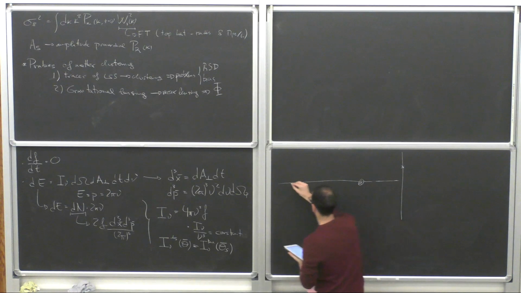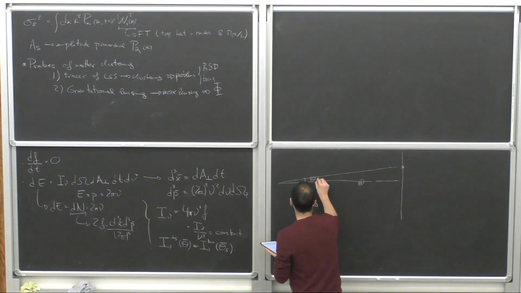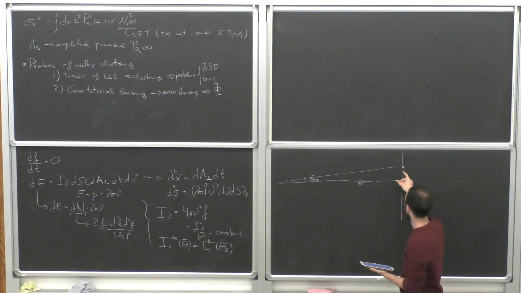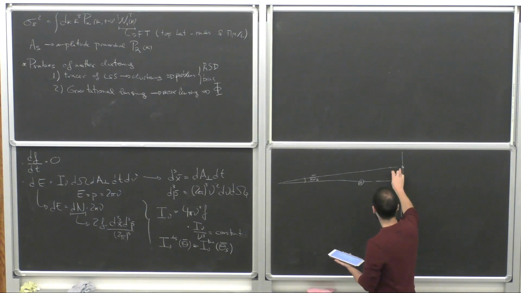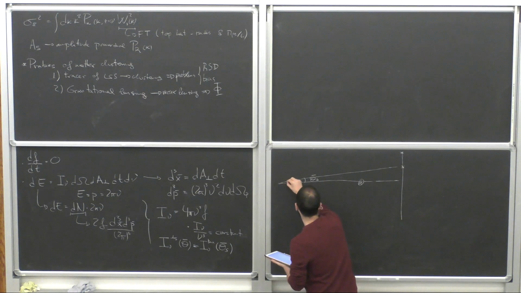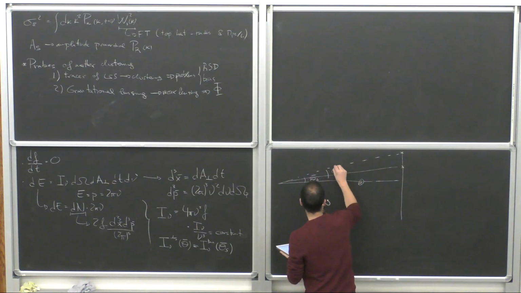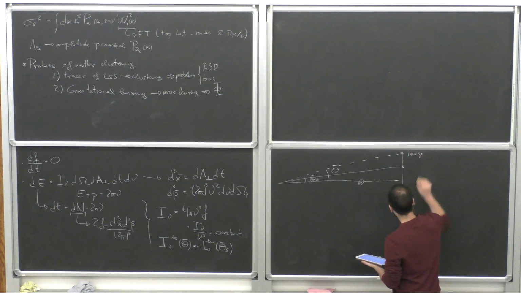So if we observe from here, this would be theta s for this location. But when we observe this photon that has been perturbed, we are actually observing it here, right? So this would be the position that we have, and this is the image.